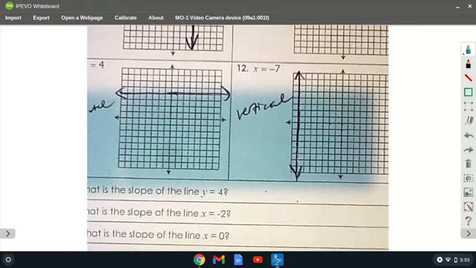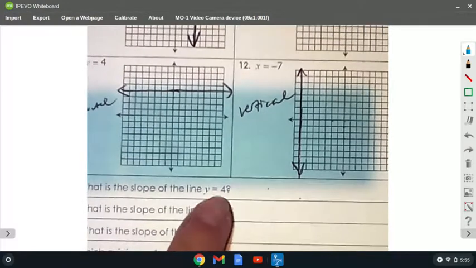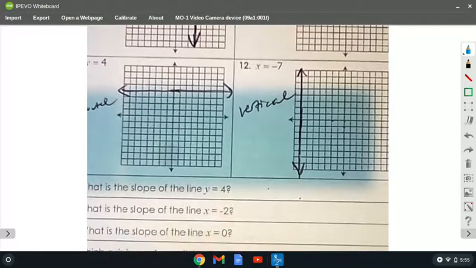Okay, so the other thing we need to talk about is which ones have an undefined slope and a slope of 0. Okay, so if I have y equals 4,